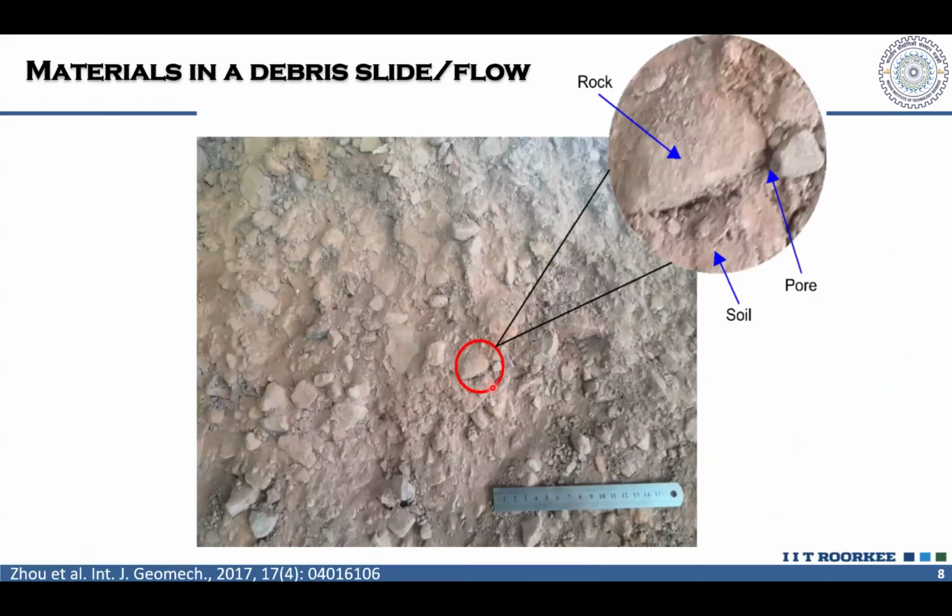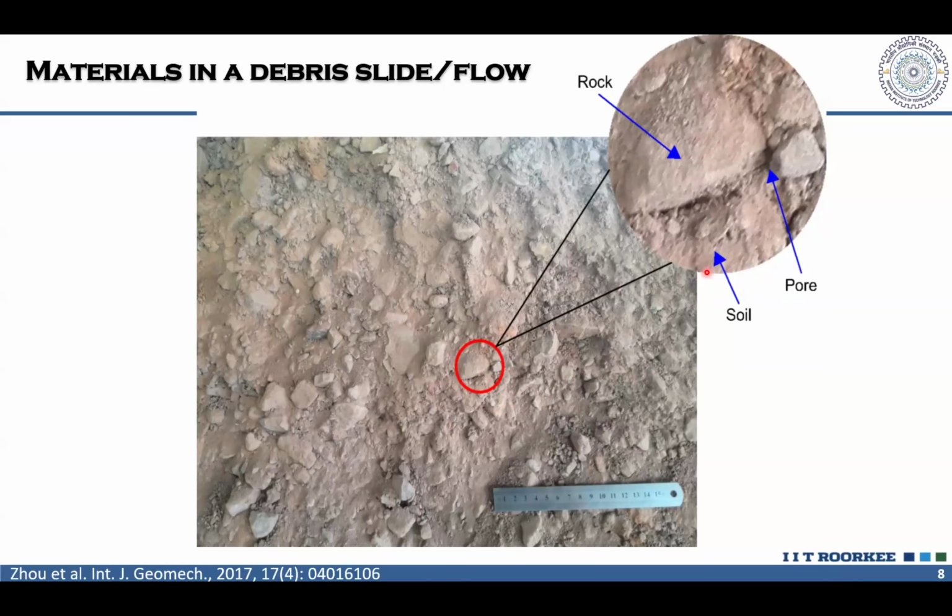As long as the material is pure soil, we have a strong understanding of soil mechanics, and we also have a strong understanding of rock mechanics. But the materials we face in landslide deposits or any kind of sediment-related hazards in the Himalayas are neither pure soil nor pure rock. In most cases, it is a mixture of soil and rock, where we have larger particles or fragments of rock as well as finer materials of soil, in addition to the pore spaces available in any granular material.